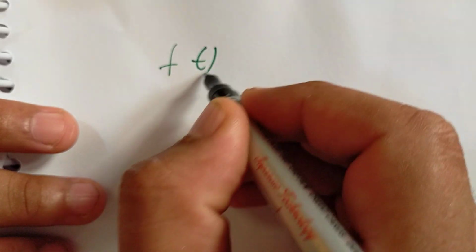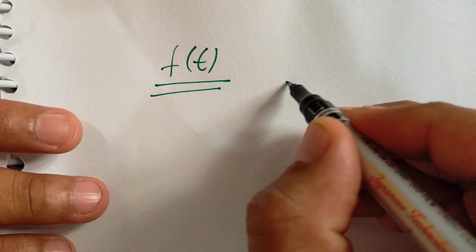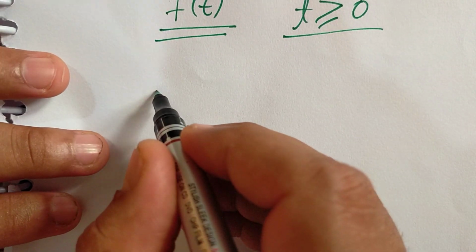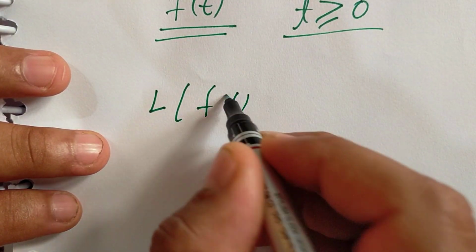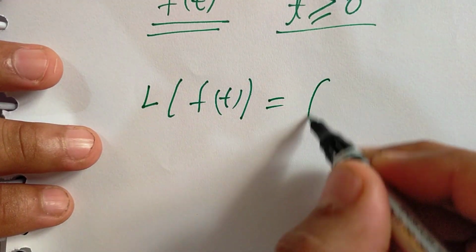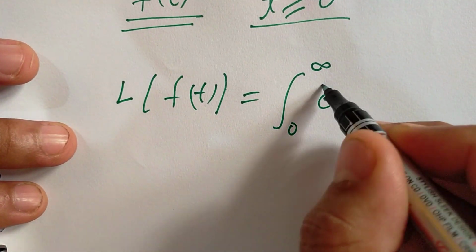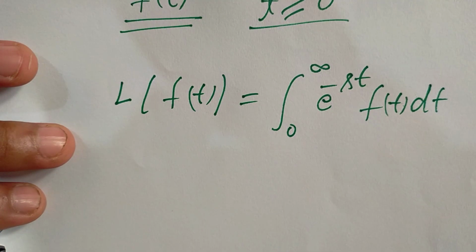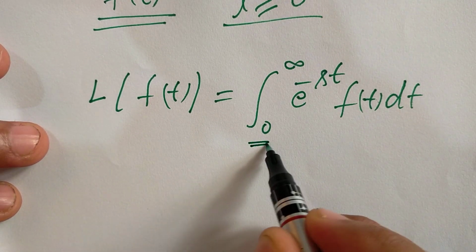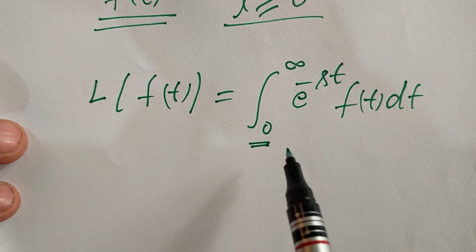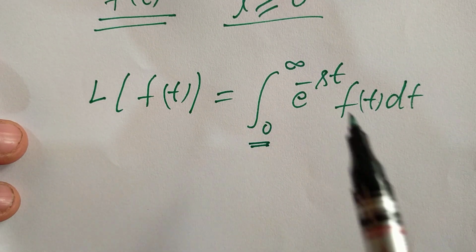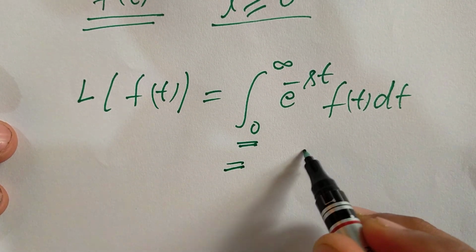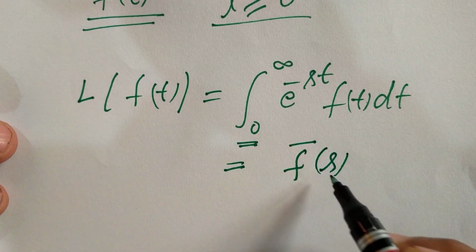Let f(t) be the given function which is defined for all positive t. Then we can define the Laplace transform of f(t) equal to the integral from 0 to infinity of e power minus st f(t) dt. This is an improper integral. So Laplace of f(t) equals the integral from 0 to infinity of e power minus st f(t) dt, and this is a function of s. So this is represented as the function F(s),